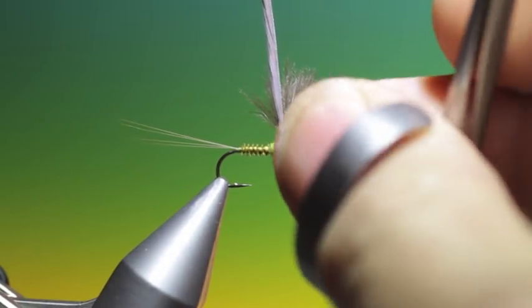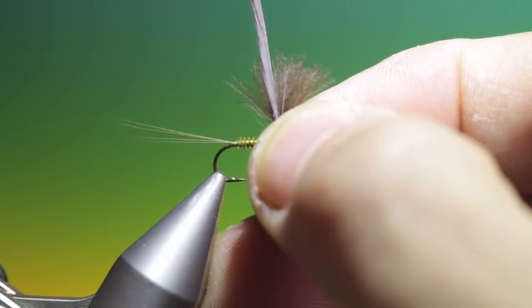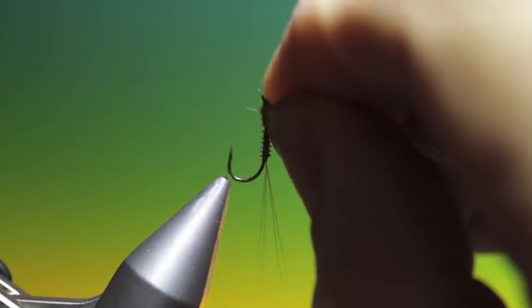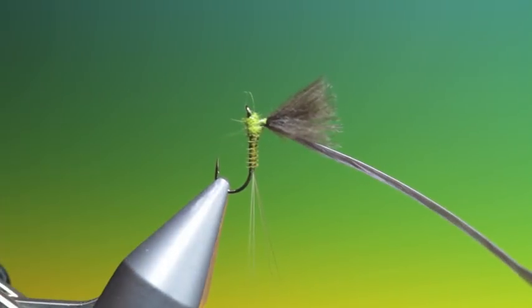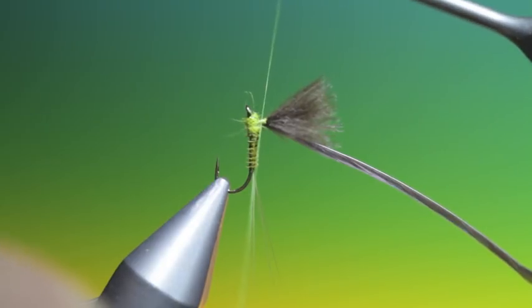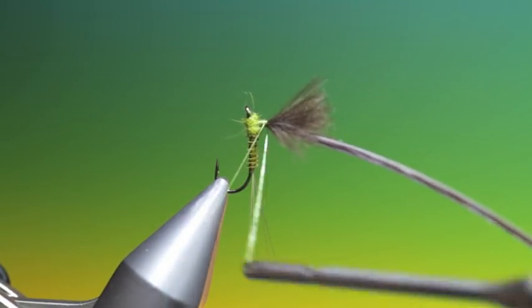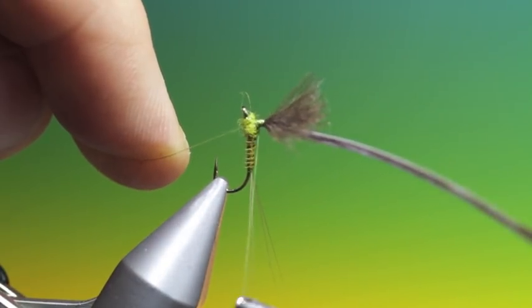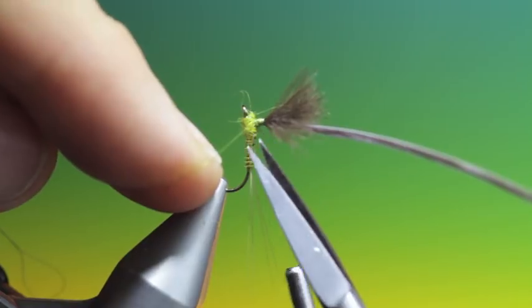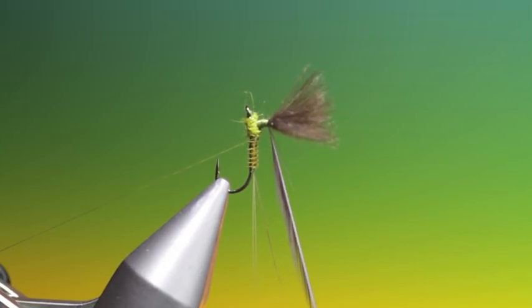Remove the tying thread. Good. Move that in the way. Then we'll just reposition the hook this way. Good. We take our tying thread again and we start at the top of the base, if you like, and we catch our tying thread this side with the bobbin thread, so we secure it down into the thorax, and then we can remove that. So just get the hackle plier on,